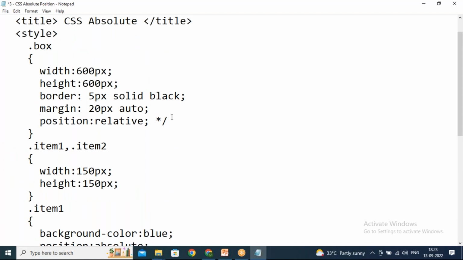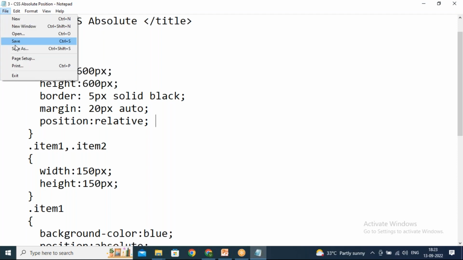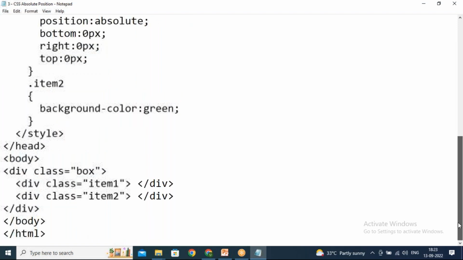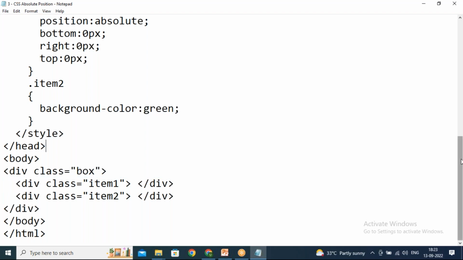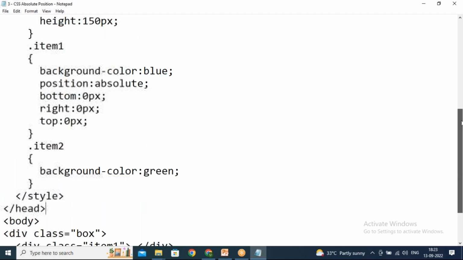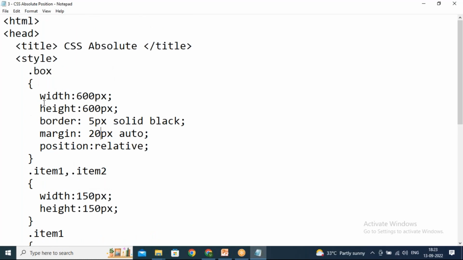So here when I say position relative, what I mean is, for all the child elements inside this box, this should be taken as a reference point. The box should be taken as a reference point and not the browser window. Now you see div class is equal to box. This is the parent container which contains the other two divs. These two are the child containers. Now for the parent container, when I say position relative, this will be taken as a reference point for